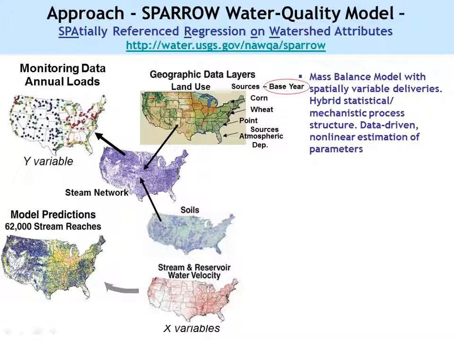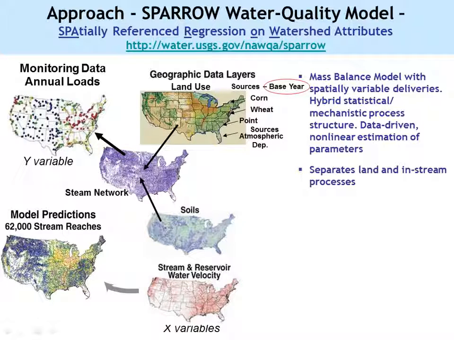This is very different than what a SWAT model would have. The SWAT model has prescribed equations that are used in every model. We don't do that. We look only for factors that are driving that variability. Once we have that, then we can predict throughout our entire landscape. In this case, the model is for the entire United States. So for this model, we can predict to 60-some thousand stream reaches. So it'd be like 60,000 stream gauges out there.